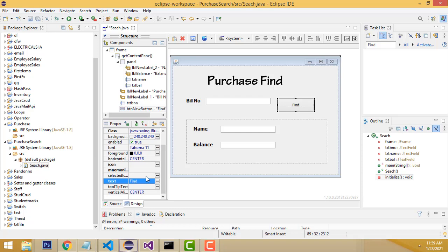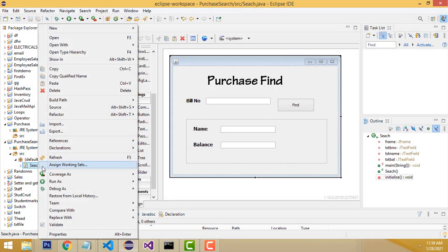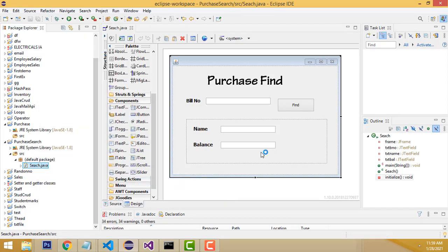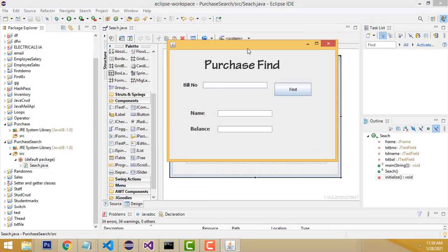Right, that's it. Now let's run and check that we successfully designed the form. Let's select save all, run the application, right click, and run as Java application. You can check here, you get a nice user interface. You will be able to enter the bill number, click the find button, and find the name